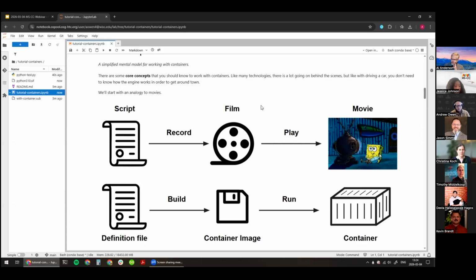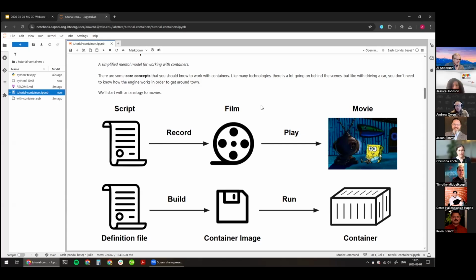generates this sequence of events that you can experience. Now, to get that sequence of events onto a physical medium somewhere, there is a process of recording and editing and things like that. And usually, you don't go into this expensive, difficult process willy-nilly. You usually have a plan to start with. Someone writes a script. Someone has a list of the costumes and the scenes and the dialogue and who the characters are, and all of these details